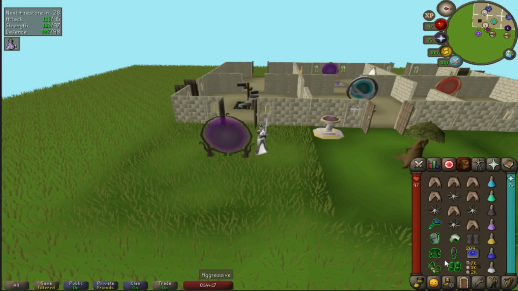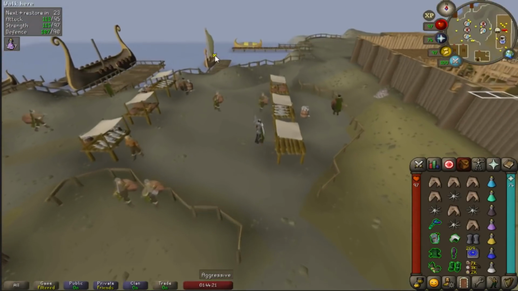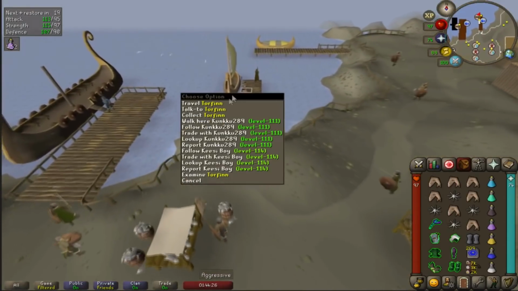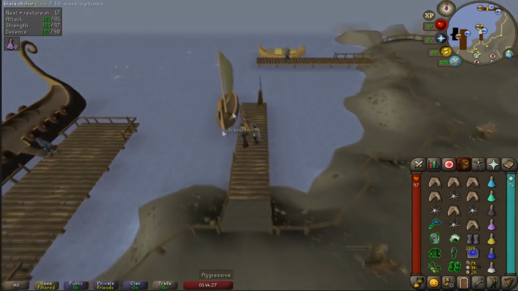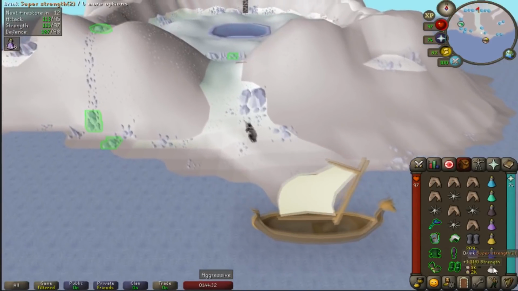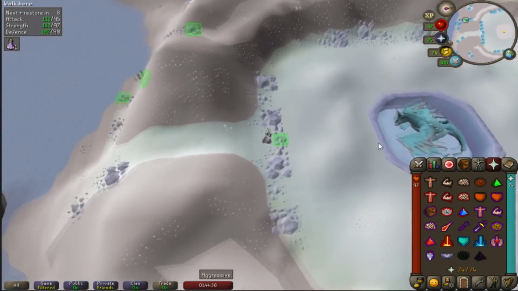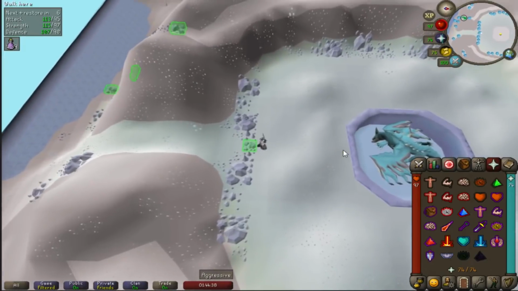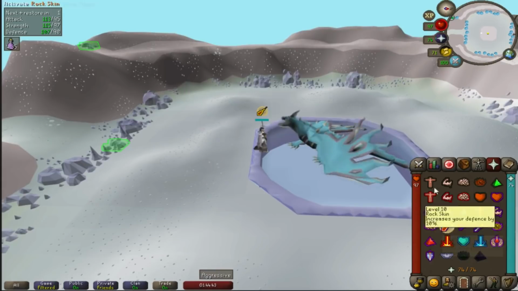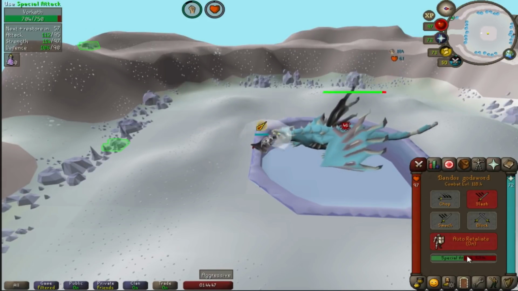First I teleport with the Friendly Sea Boots to Rellekka, and you walk up to this guy Thorfinn, or you take his boat, it doesn't really matter which one you pick. Make sure you're potted up right here and then climb over these rocks. Go ahead and poke Vorkath, then turn on your magic prayer, make sure your special is on, turn on Piety